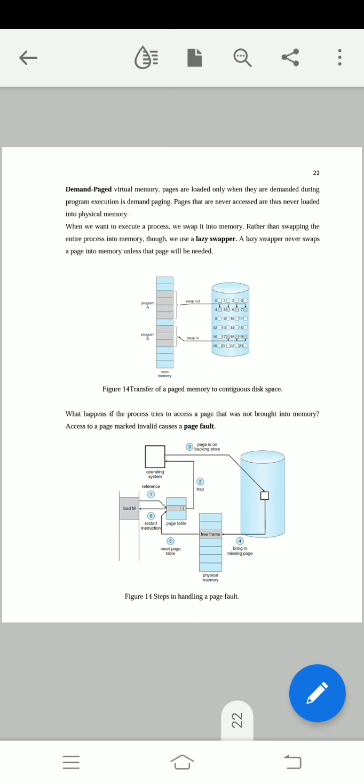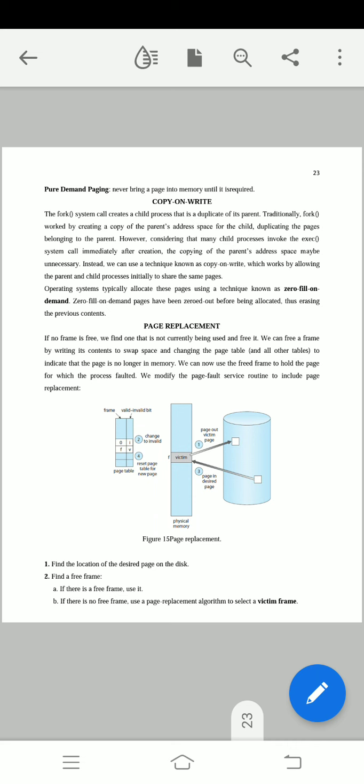What happens if the process tries to access a page that was not brought into memory? Access to a page marked invalid causes the page fault. A page fault is nothing but when the requested page is not found in your page table. If there is no page entry in the page table, definitely that page will be there in your backing store, and I need to get it through the following steps.